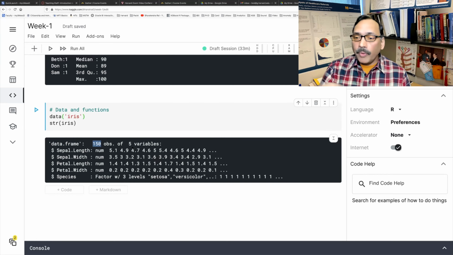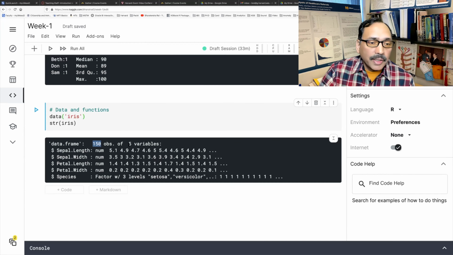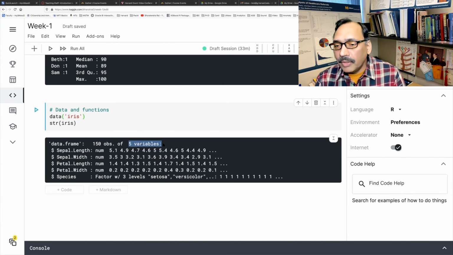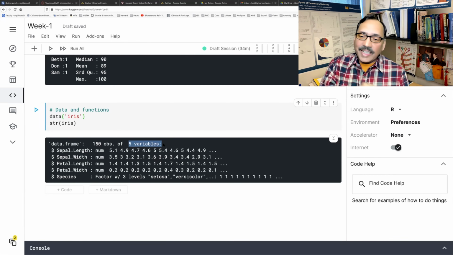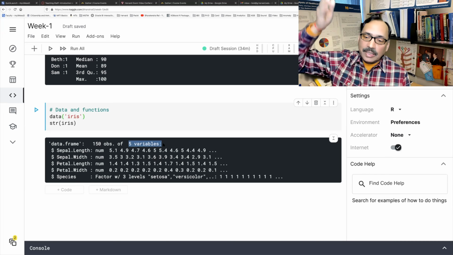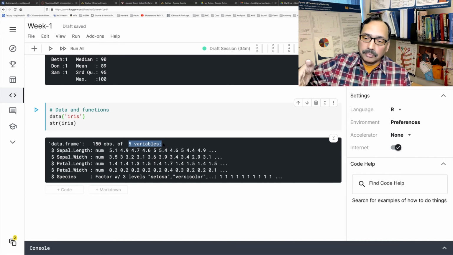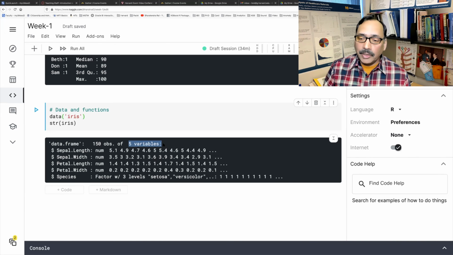There are 150 observations, that many rows, and there are 5 columns or variables. So usually, whenever you are dealing with the data frame, cases are rows and variables are columns. So that is typically the convention.